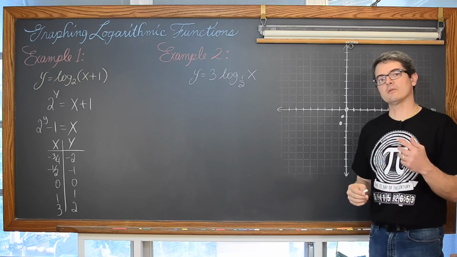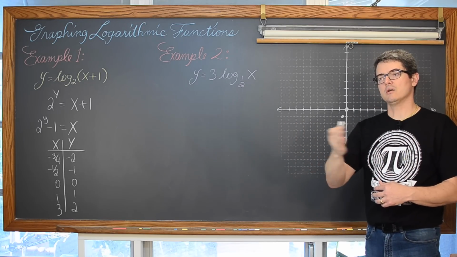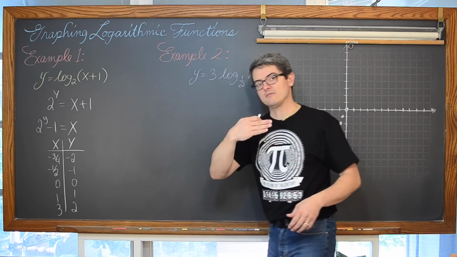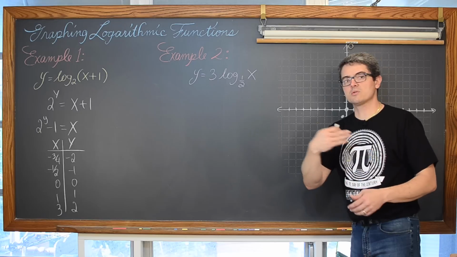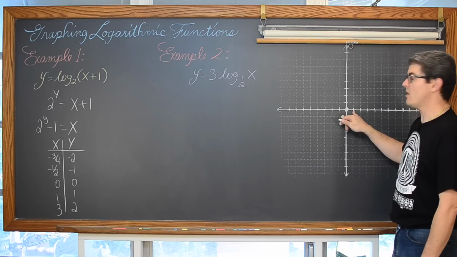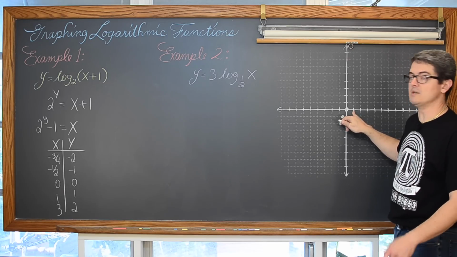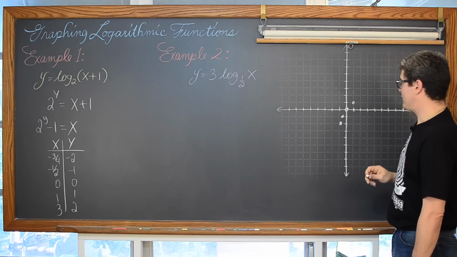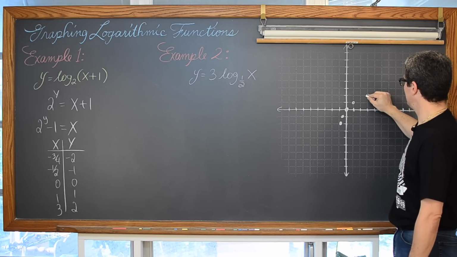Logarithmic functions, if there has not been a horizontal transformation, we have a plus or minus here inside the math function to move the graph to the left. If there's been no horizontal translation or transformation or slide or whatever you want to call it, log functions will always pass through the point 1, 0. Then we have 1, 1, and we have 3, -2.